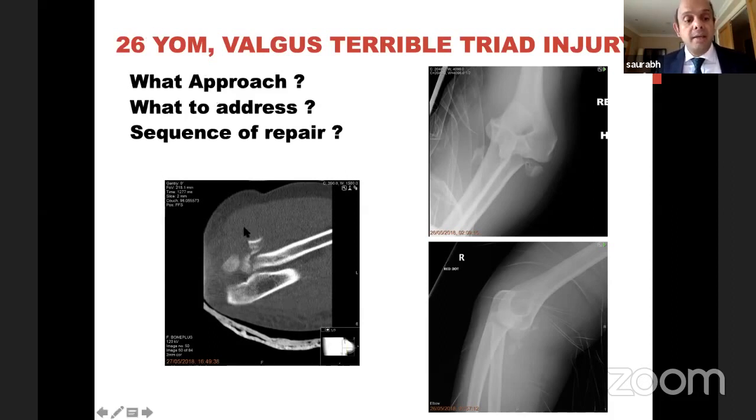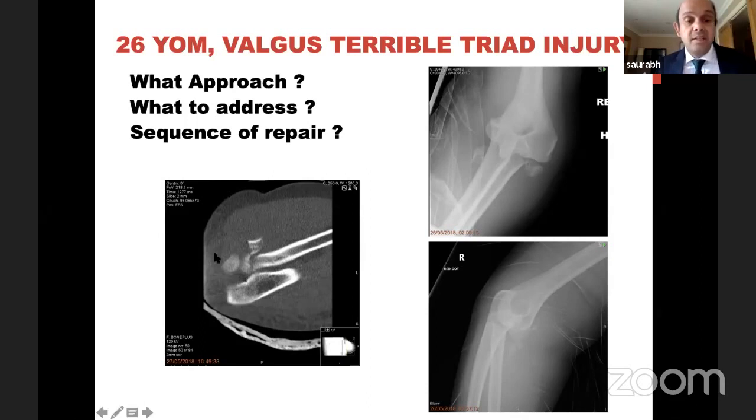So these are all my cases from last 2 years or thereabouts. 26, male, he had a terrible triad, so basically fracture dislocation to elbow. How do we know that? We know elbow has dislocated here. We know there's something going on with the radial head. Hard to know about a coronoid here. Maybe a flake, if not, capsule is gone. And as I said, for today's discussion, any elbow that dislocates, we assume MCL is gone, LCL is gone.